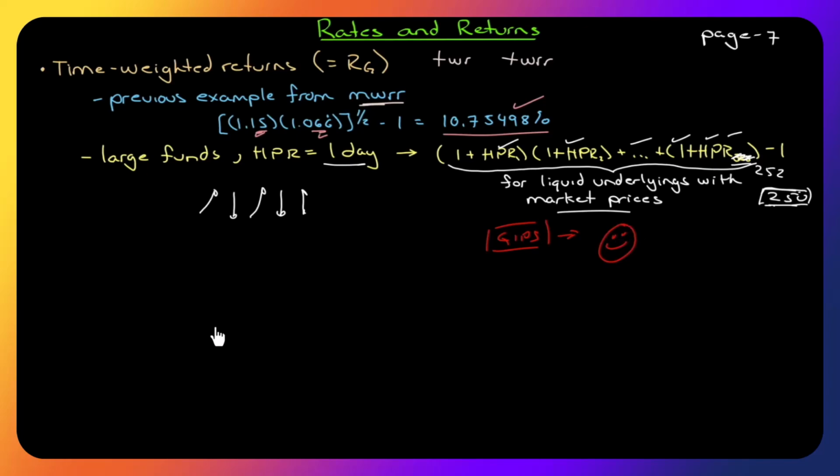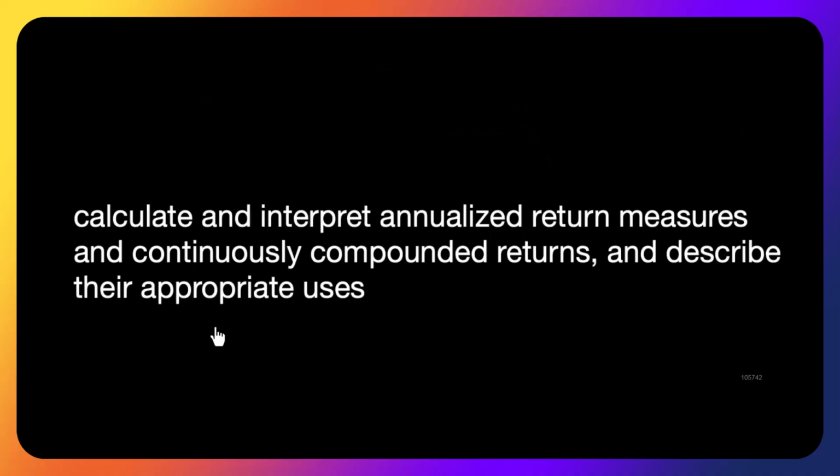So this finishes that learning objective. I suggest you pause the video at this point and work through some of the examples in the reading so that you can reinforce the concepts that we just went through. Next learning objective. Let's pay attention to our keywords here. We have a calculate and an interpret. So that means if you see formulas here, you should be aware of them. Calculate and interpret annualized return measures and continue